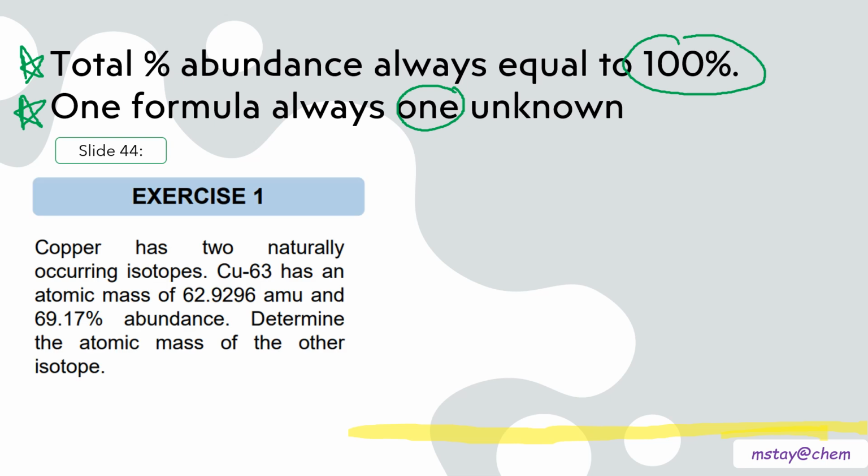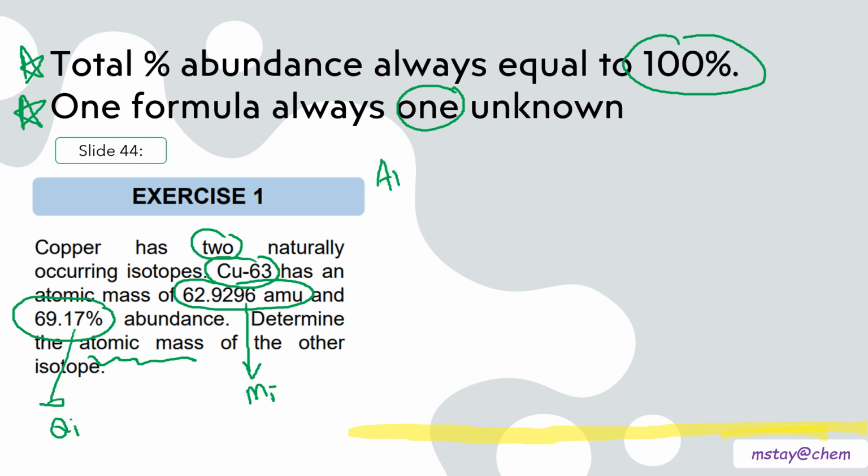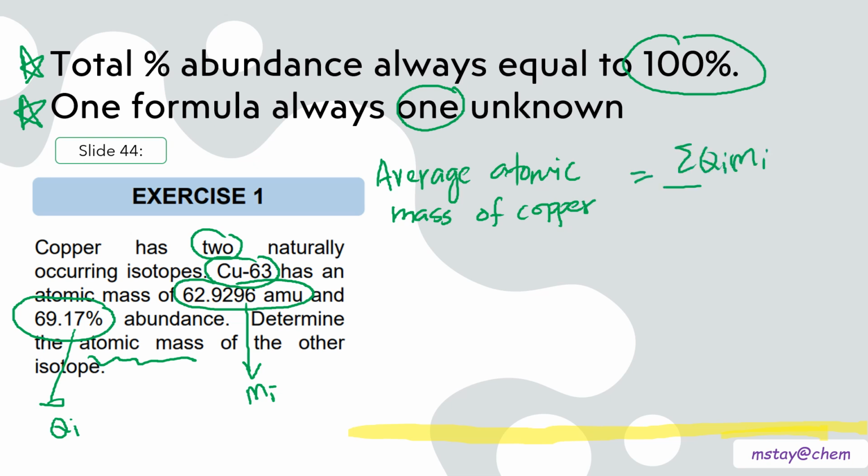Let's read this question. Copper has two isotopes, one is 63 with the mass 62.9692. So we know the mass is given, and also the abundance, which is 69.17. Then they ask us to determine the atomic mass for another isotope. So as we know, we are going to use the formula: average atomic mass of copper equals